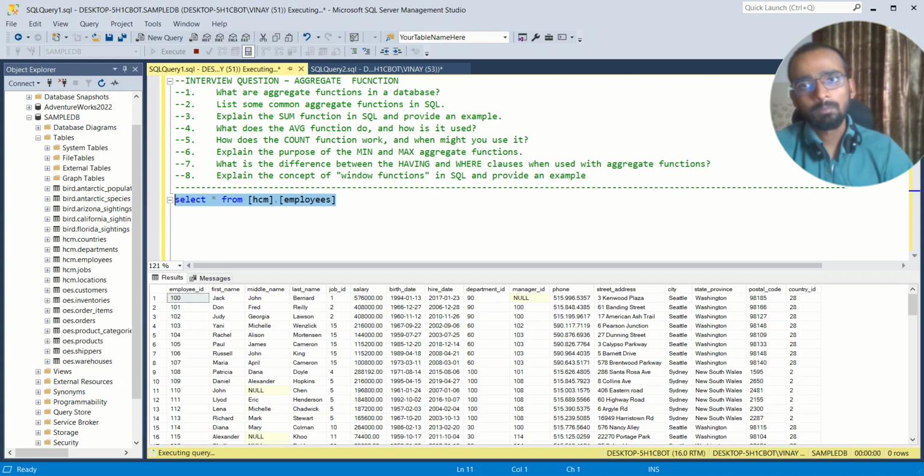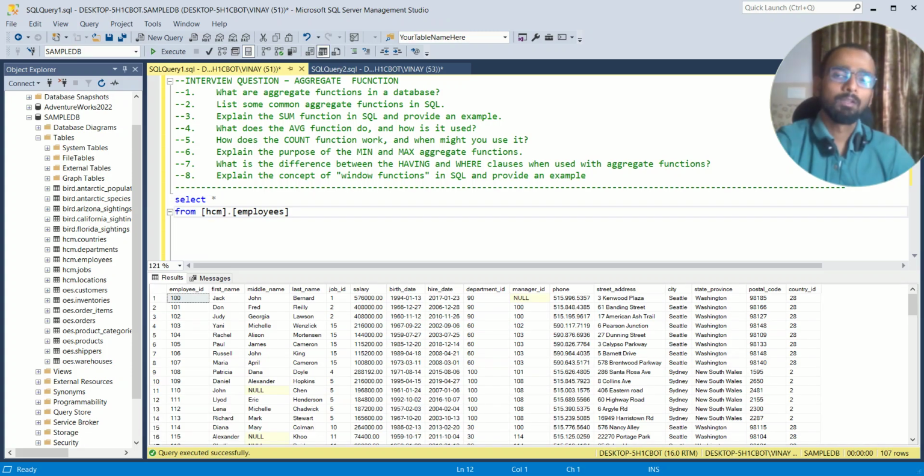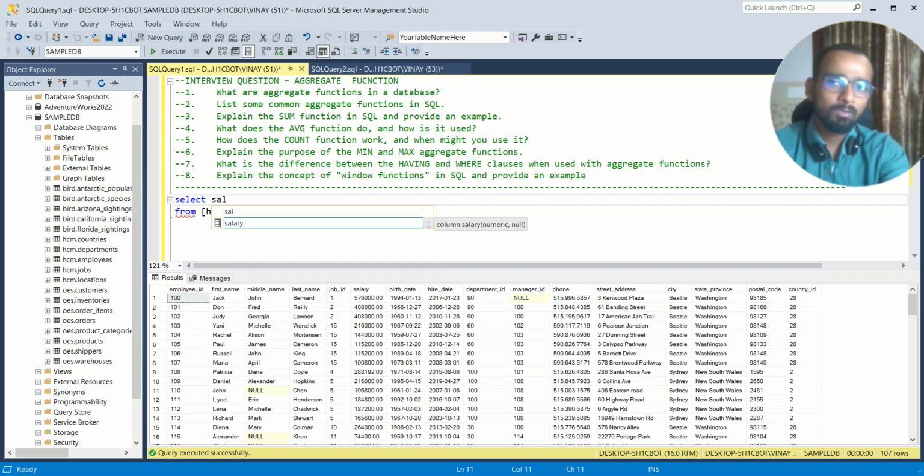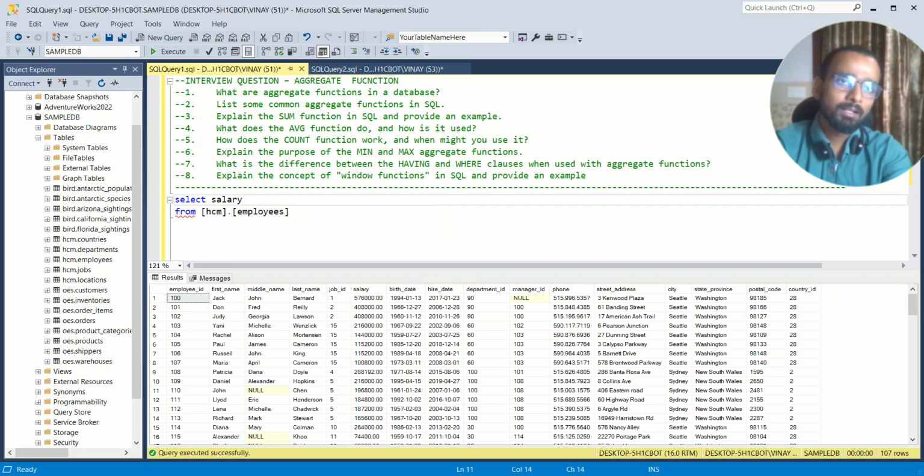So I have a tip here for you. If you know where you are going, if you know which table you are going to work on, first of all write select star from table name, because whenever you are selecting a particular column, it will start giving you suggestions of which columns it contains. Let's say I want only salary. If I write only, then it will give the salary column.